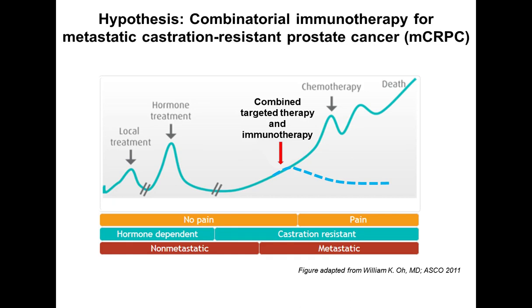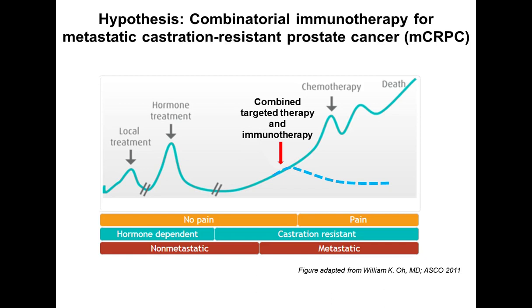So our hypothesis is that at the stage of the emergence of the CRPC, if we apply a combination therapy of a targeted drug that can block MDSC activity, but at the same time preserve the T cell activity, plus an immunotherapy approach, potentially we can reach some level of synergistic efficacy and then eliminate the tumor, or at least control the tumor in a state that it doesn't jeopardize the life of the patient. So that's the basic hypothesis based on our earlier studies.